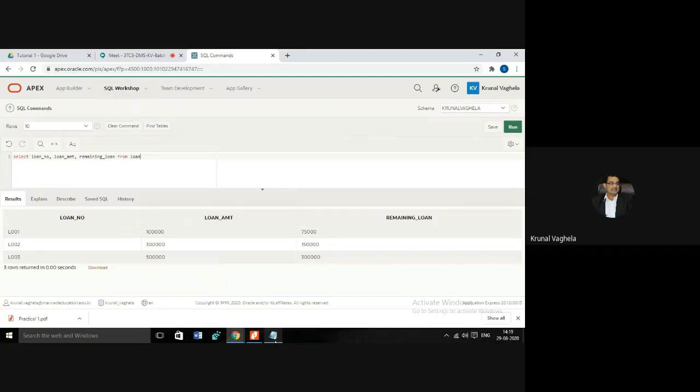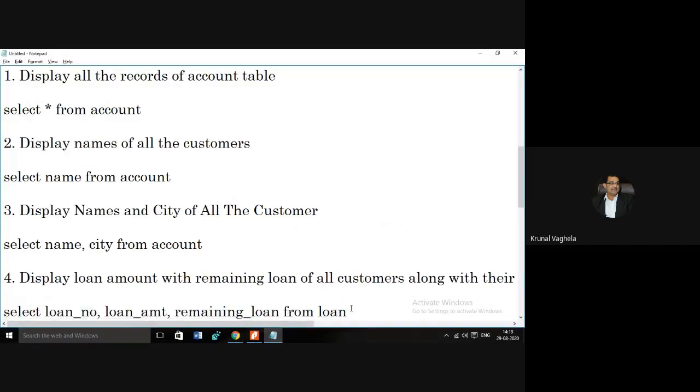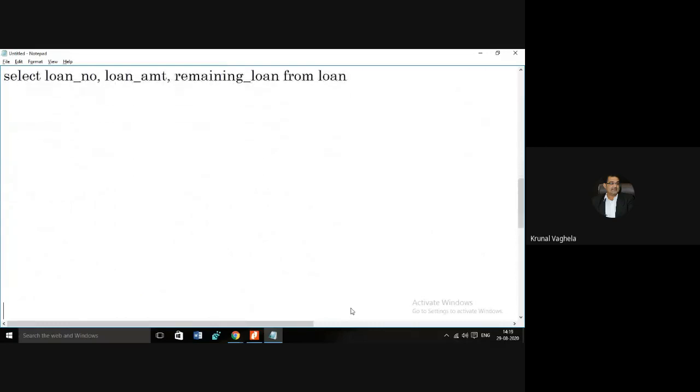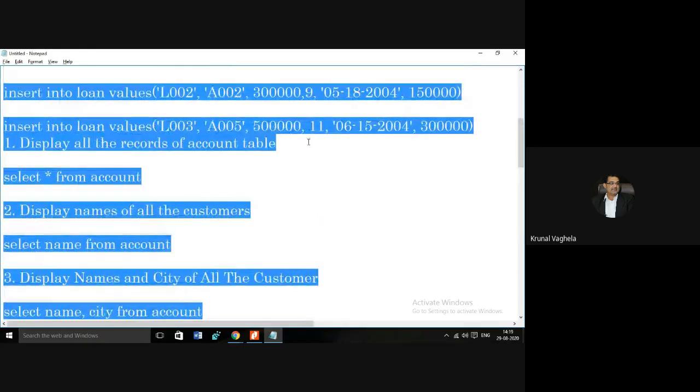Now let's move to the next query. Query number 5. Give details of the customers who live in Mehsana city.